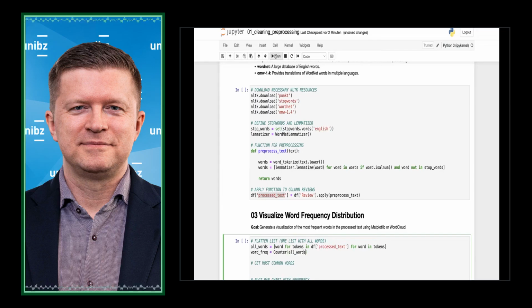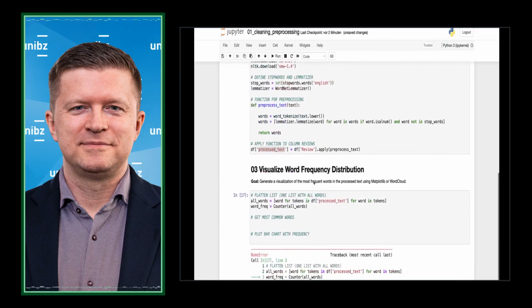Let's quickly check if that works. I haven't imported it yet, right?